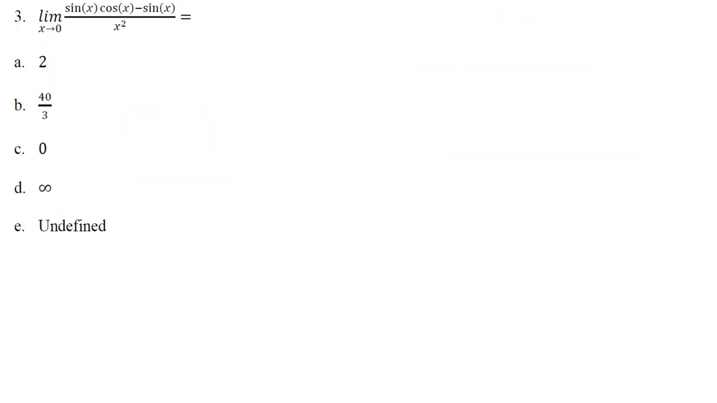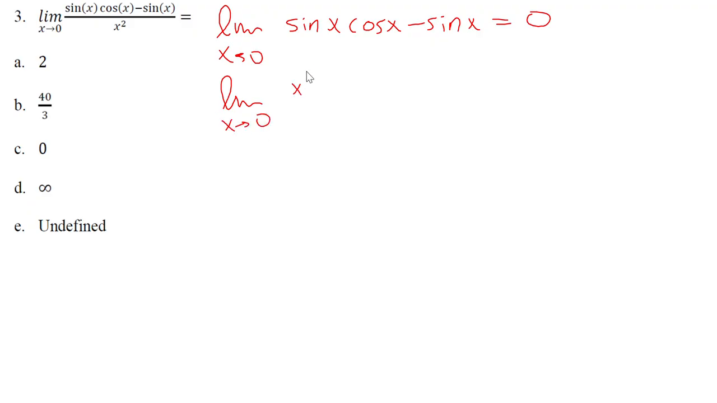All right, for this function, we will note that if we try to plug in 0 to this, we get 0 over 0. So if this was a free response question, we would note that the limit as x approaches 0 of sine x cosine x minus sine x is equal to 0, and also separately that the limit as x approaches 0 of x squared is equal to 0. Then we'd be allowed to use L'Hopital's rule